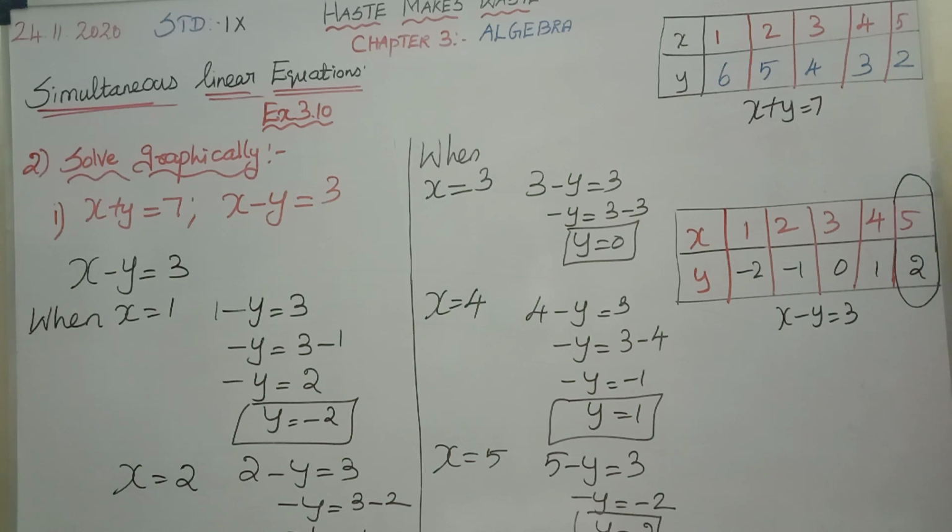So from the table itself we have understood what is the solution for these two equations. When x is equal to 5, y equal to 2. That is, 5 comma 2 is the solution. Shall we check it in the graph now? Okay, now copy in your fair notebook. Then we will go to the graph now. Okay, 1 minute, you copy all of you.